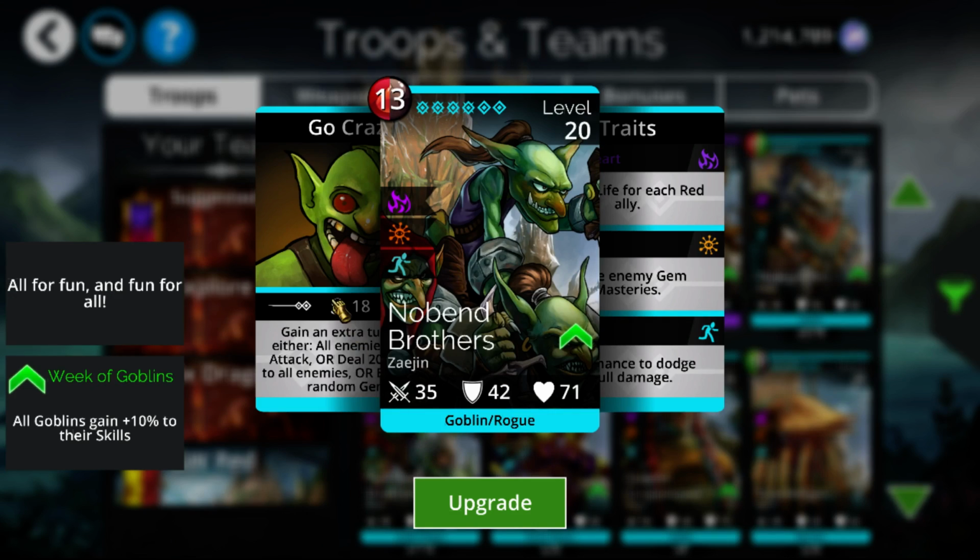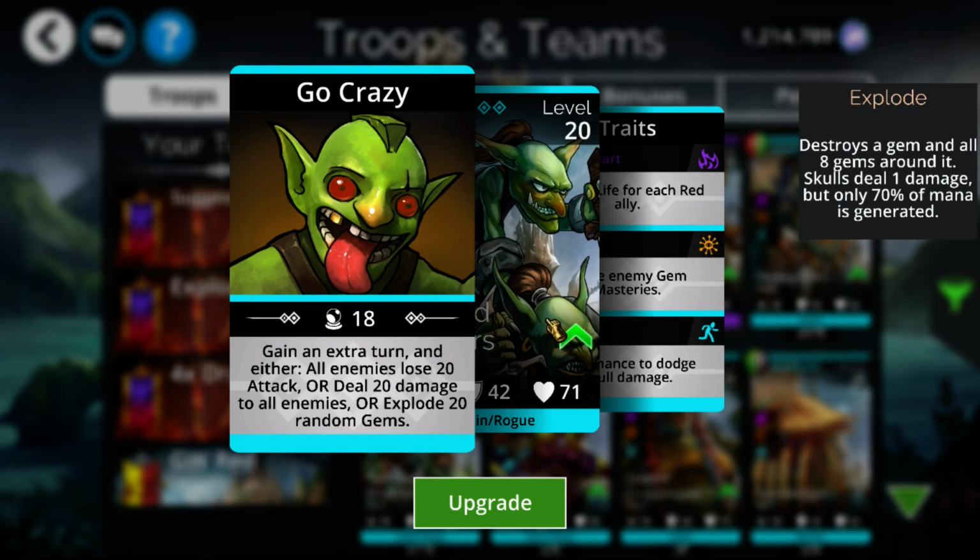Nobin Brothers, which is one of the core components of the best possible Goblin team. It has 3 different things they can do. Attack reduction, which is decent against Doom Skulls. It has a full AoE damage to hit all enemies, and it has an explosion that pretty much explodes the entire board with how many it has, at least this late in the game. So generally the explosion and the damage is what it's really used for, unless you're specifically up against a skull